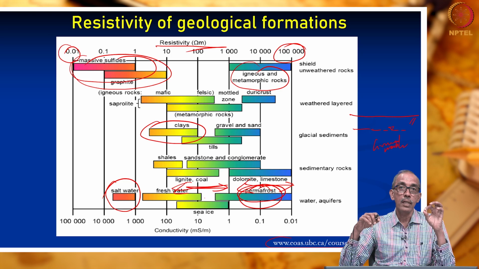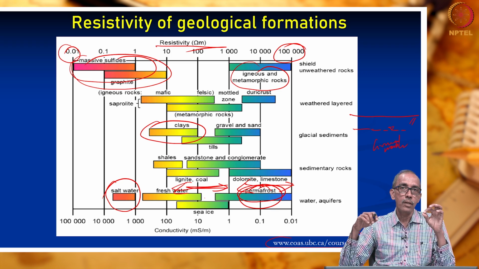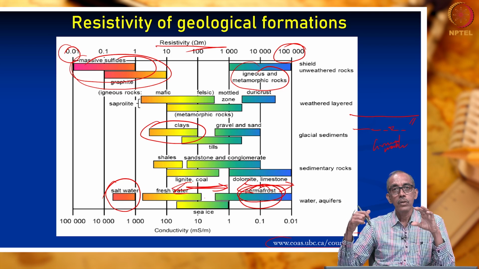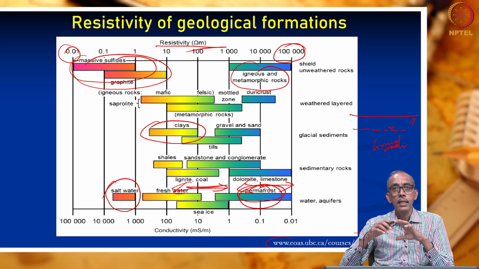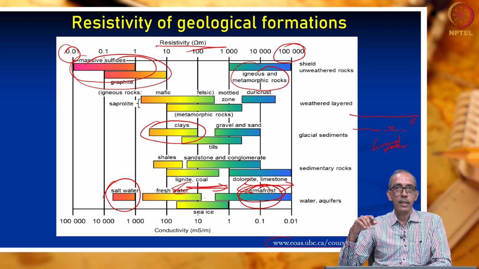So this figure gives us approximate ranges of true resistivities. Please remember, we are discussing true resistivity, but can we measure the true resistivity of the subsurface? No, we cannot measure the true resistivity. We can indirectly arrive at true resistivity. How, we are going to see a little later. So here are the approximate ranges of true resistivities of different formations shown in this diagram.